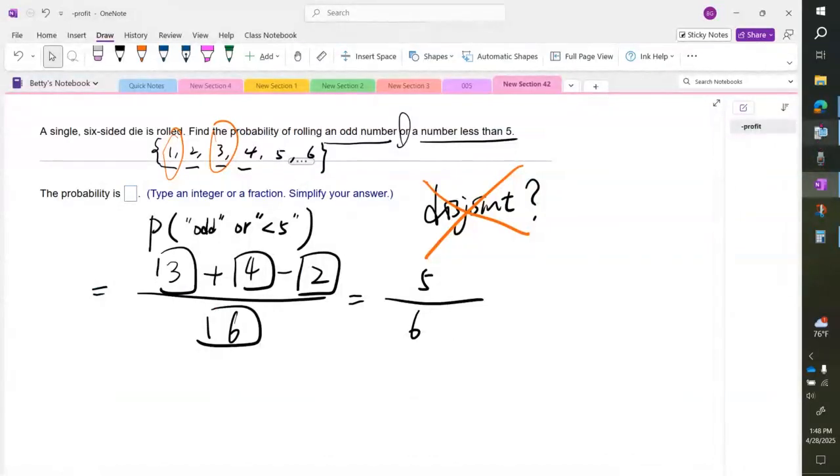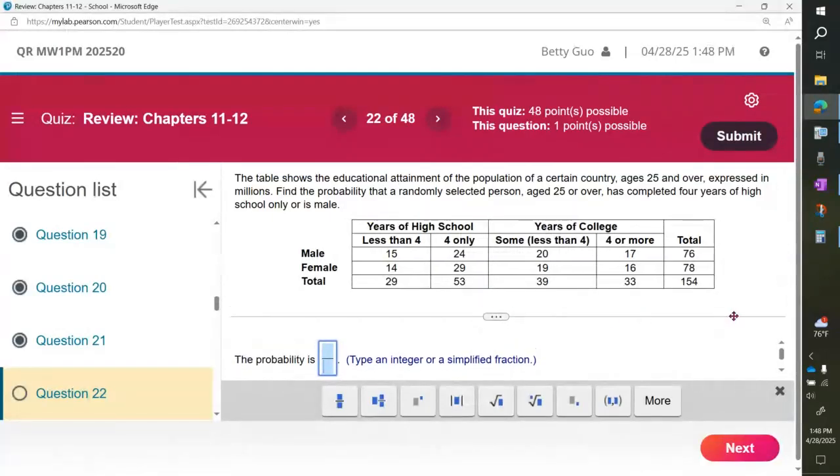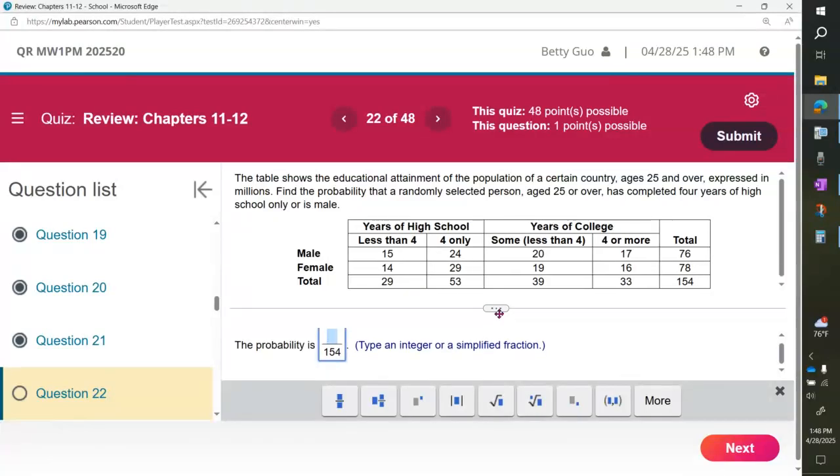But I'm just going to type in a cell, and then we erase the work. Denominator, how many people available in total? 154 million. So the denominator is 154. The first number, how many of them have education 4 years high school only? 4-year high school only is this one, right? 4 only. 53